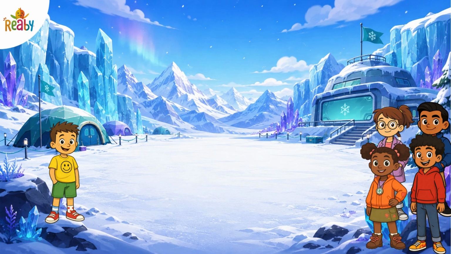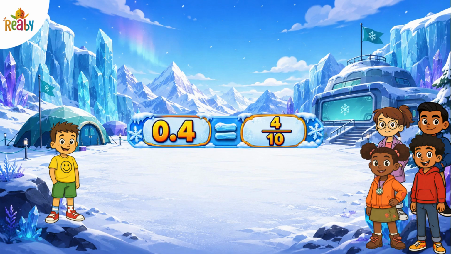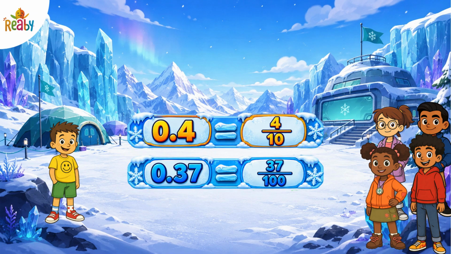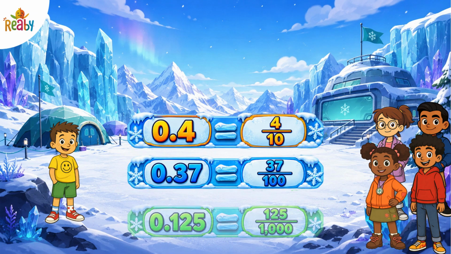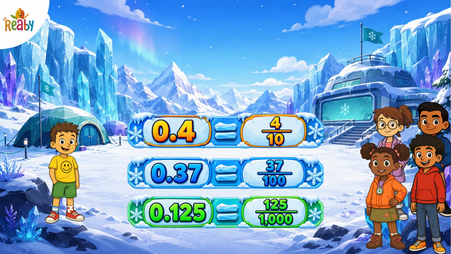Look at the connection. 0.4 equals 4 out of 10, 0.37 equals 37 out of 100, 0.125 equals 125 out of 1,000. Decimals and fractions are closely connected. Tenths connect to fractions out of 10. Hundredths connect to fractions out of 100. Thousandths connect to fractions out of 1,000. So the last decimal place helps us know the fraction name and denominator. That's why 0.125 is read as